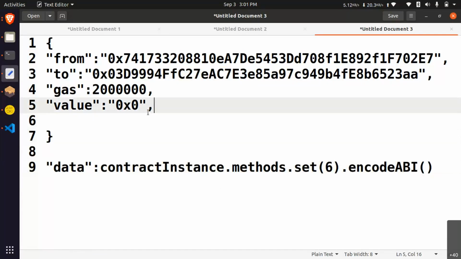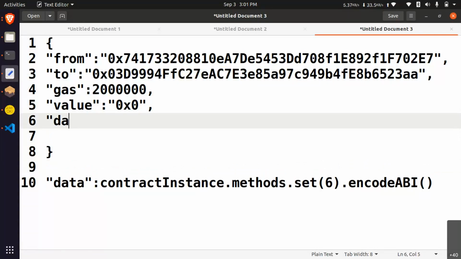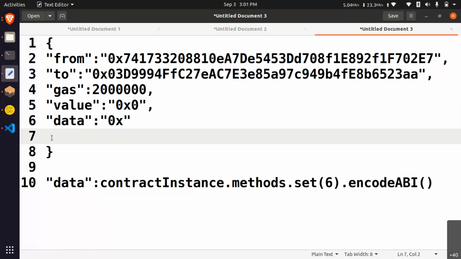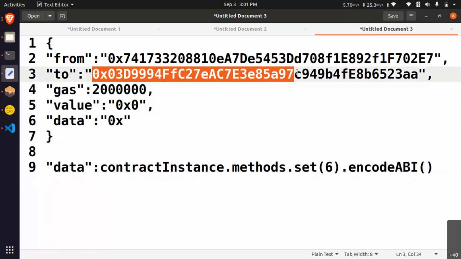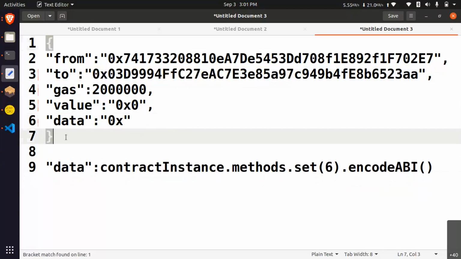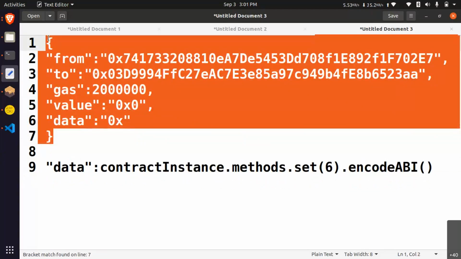Then place the data here, like data colon 0x. If you do this, it will be a normal transaction. If you do any contract call, you have to place the contract address here. That I will explain. This is the tx we are going to make.